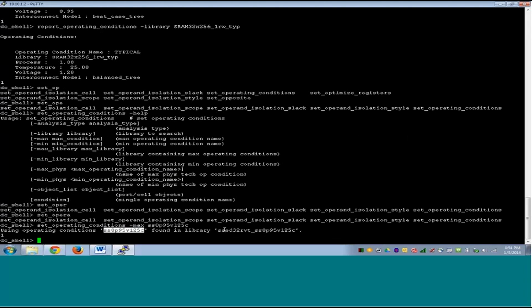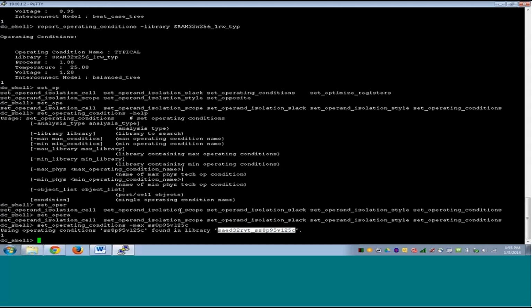It found this operating condition here and it's set. Now this operating condition tells DC what the temperature is, what the process corner is, what the voltage is. But since we only have the worst case library loaded, that library itself corresponds to a worst case